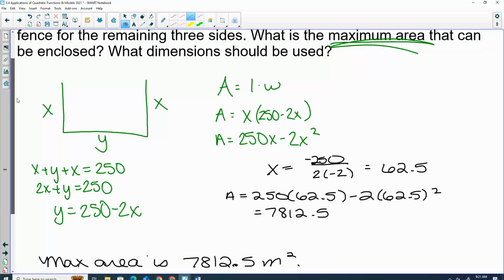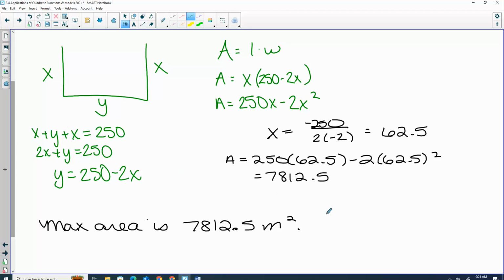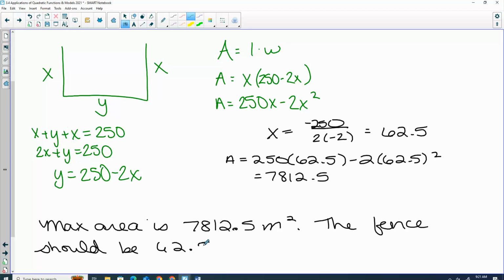The other thing I asked was what dimensions should be used. So the fence should be, and my x is 62.5 meters. To find my y, plug that in here. 250 minus 2 times 62.5, and we get